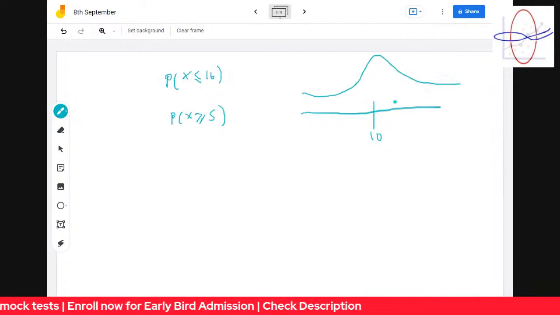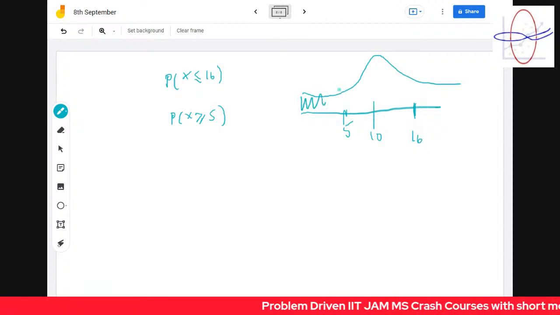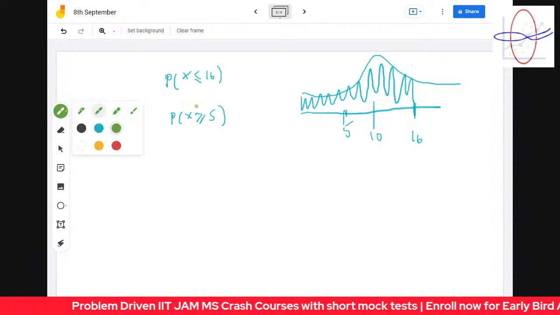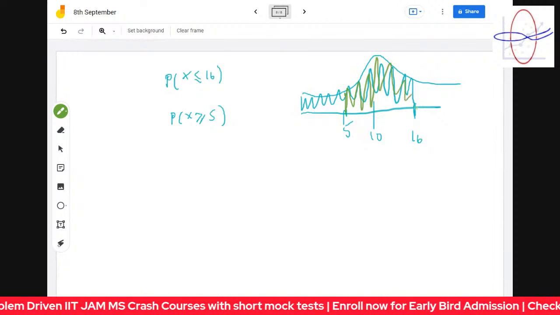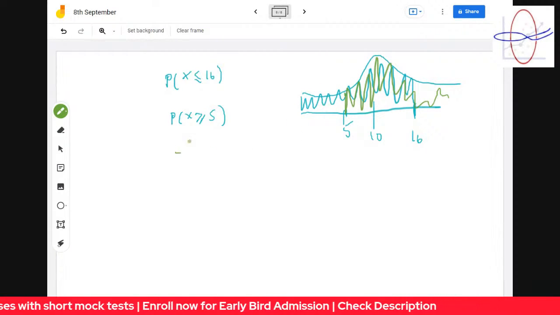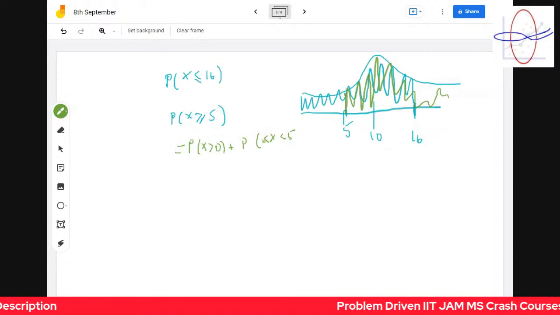10 and 5 is here and 16 is here. So less than or equal to 16 is this part, and greater than or equal to 5 is this part. So you can understand that both of them contain a part. So this is equal to probability x greater than 0 plus probability x less than 5 and less than 5, less than 5 and greater than or equal to,